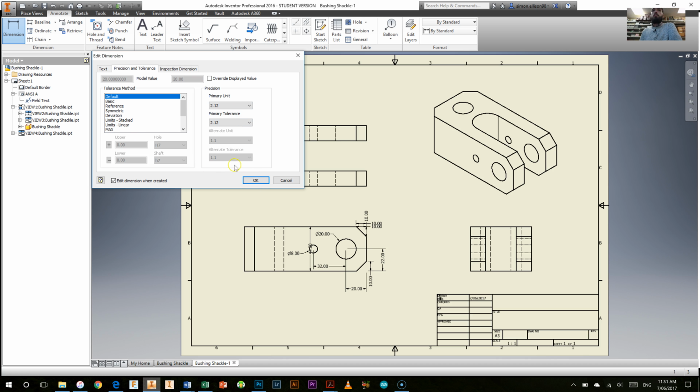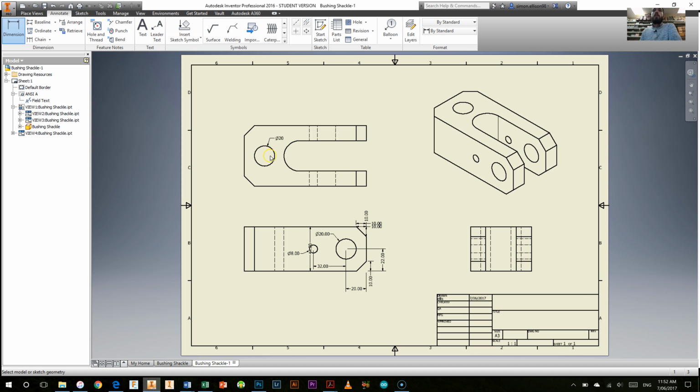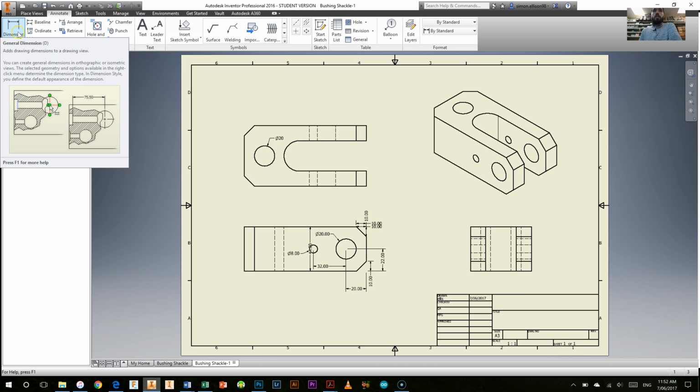It'll pop up with this box here when you go to add any dimension, if you're just adding it in. And you can change things like the tolerances or the precision. In our case, we want the precision to be down to 0, which means that it's only showing us the millimeters that we've typed in, so that hole is 20 millimeters in diameter. From here, we can also, as I said, add all our dimensions in individually like that,